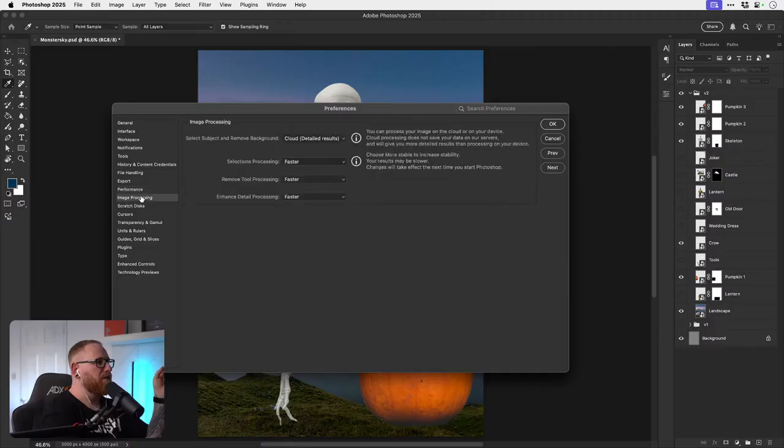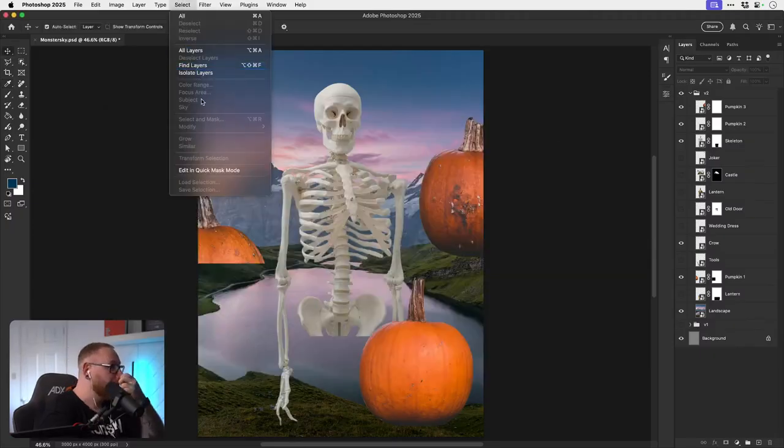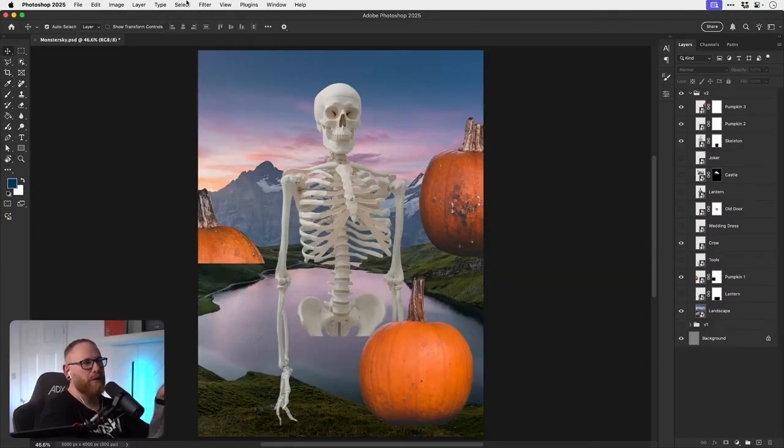If you go to Settings, General, I can tell you why, actually. Where is it? Image processing. Select subject and remove background. You want it using the cloud one. So by default, I think it's set to this. If you're happy to have it processed in the cloud, it will give you a better result. But you set it here. So once you've set the default there, and then you just go to select subject, it's going to use that cloud processing as the default.